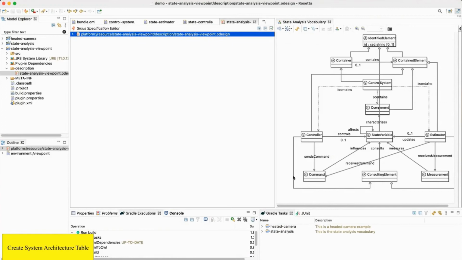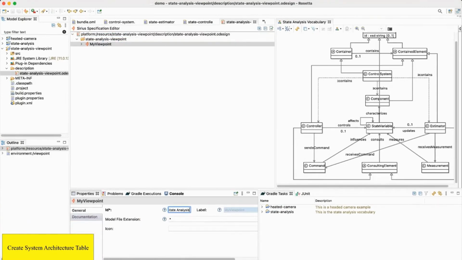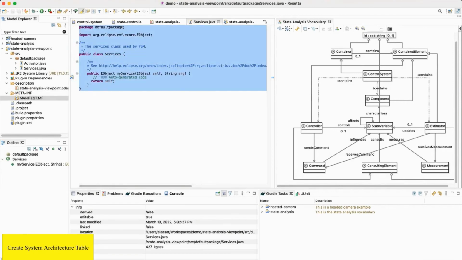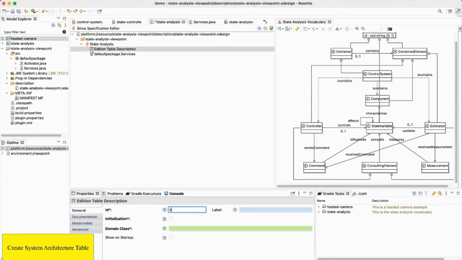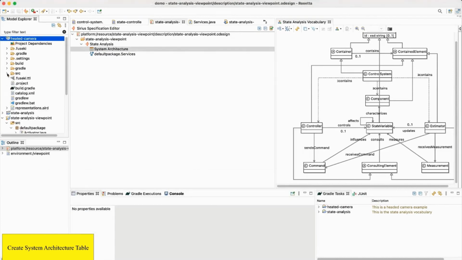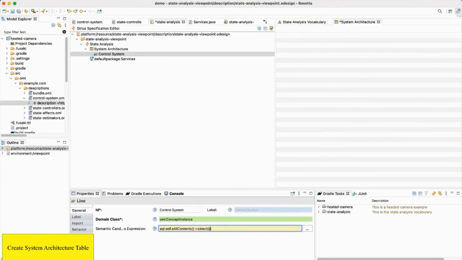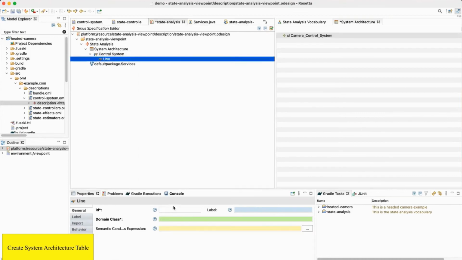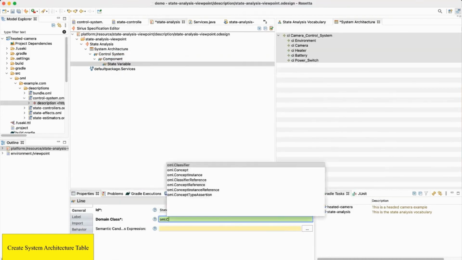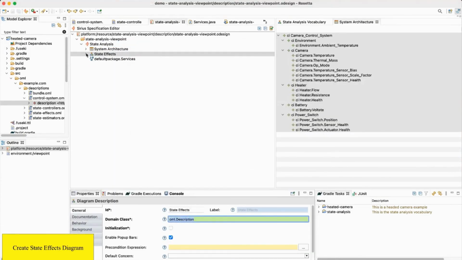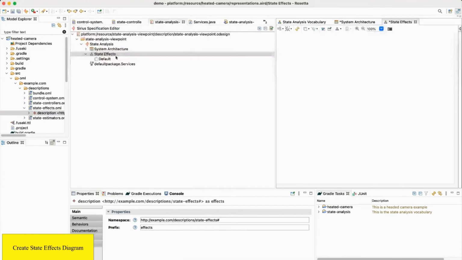So here in this part, I am creating on the fly a Sirius viewpoint that will create two kinds of representations: a tabular one to visualize the architecture as a topology, like a containment hierarchy, a composition tree of systems and subsystems and components and their states. Very quickly, one could put together a viewpoint that shows the expected results on the right-hand side here, the table.